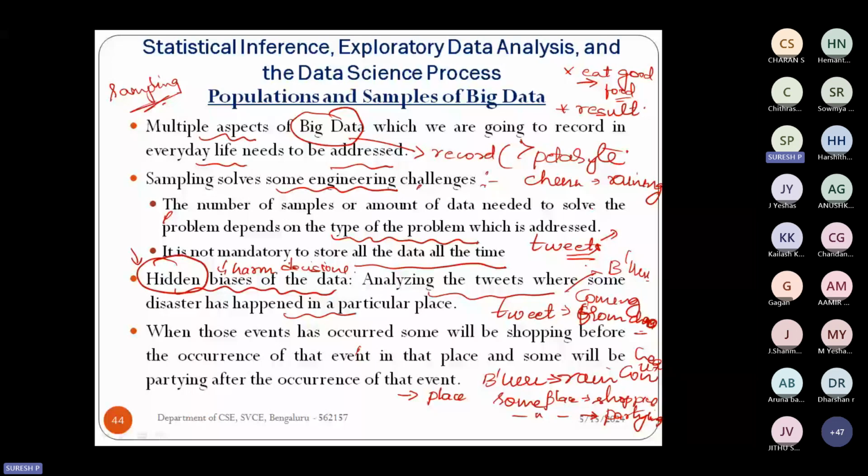So these are some of the events which will occur, and those data have to be recorded, depending upon the tweet. Even if you take the tweets, how the tweet has to be considered depends upon the location from where it has been made. So you are going to have tweet analysis. There is the occurrence of that event in that place, and some people will be tweeting after the occurrence of the event also, because after the rain comes, some will be gathering in that place. So now once you have that, if you take this particular sampling process,